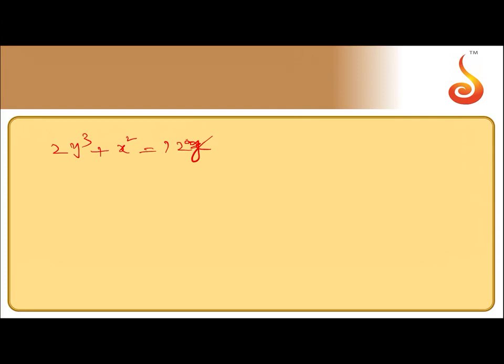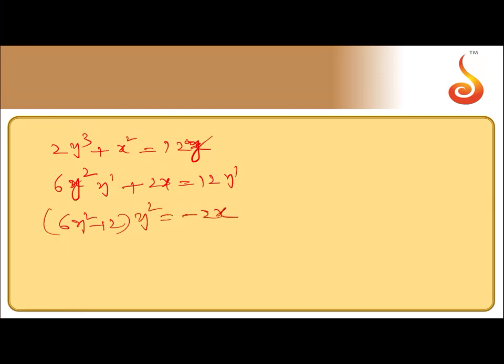And find the derivative here. Calculate the slope. You'll be getting 6y square into y dash plus 2x is equals to 12y dash. So, 6y square minus 12 multiplied by y dash is equals to minus 2x. And therefore, the slope, tangent is,